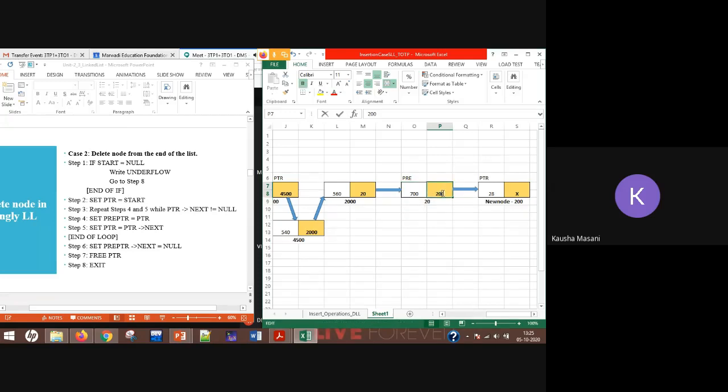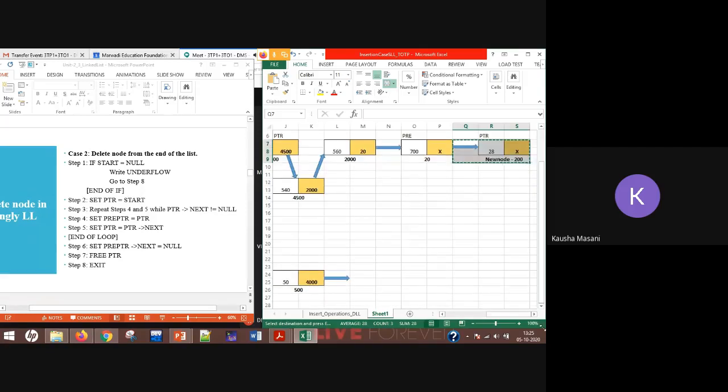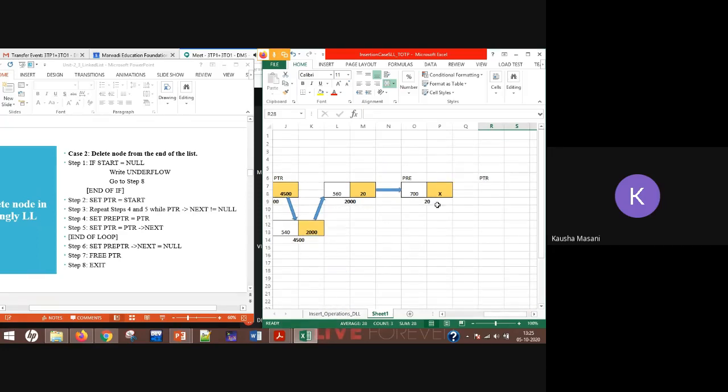Okay, so this we are updating from 200 to X. Okay, and what we are doing with this particular part, we are going to free it up. I'll just place it here. Fine. So see, wherever the PTR was pointing at, I freed that up.